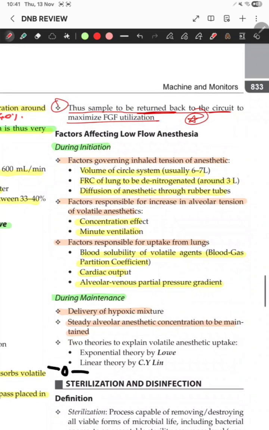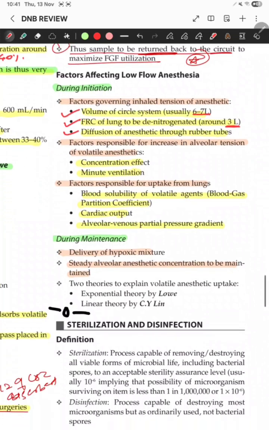Now we will see factors governing inhaled tension of anesthetics. Volume of circle system, usually 6 to 7 liter. FRC of lung to be nitrogenated, around 3 liter, and diffusion of anesthetic through rubber tubes. Factors responsible for increase in alveolar tension of volatile anesthetics: concentration effect, and minute ventilation. Factors responsible for uptake from lungs: blood solubility of volatile agents, that is blood gas partition coefficient, cardiac output, and alveolar venous